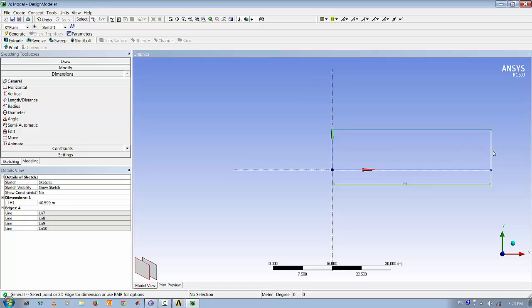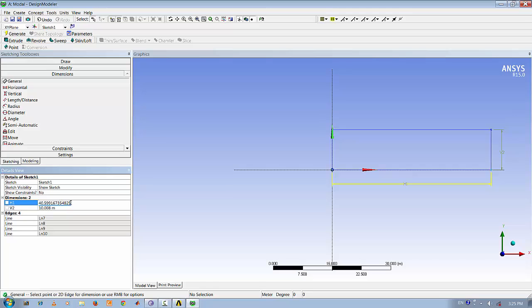Do the same procedure for the vertical line also. Click on the line and input. That means V2 is the vertical height. If you want to modify these dimensions, come back over the details view and you can click over here and